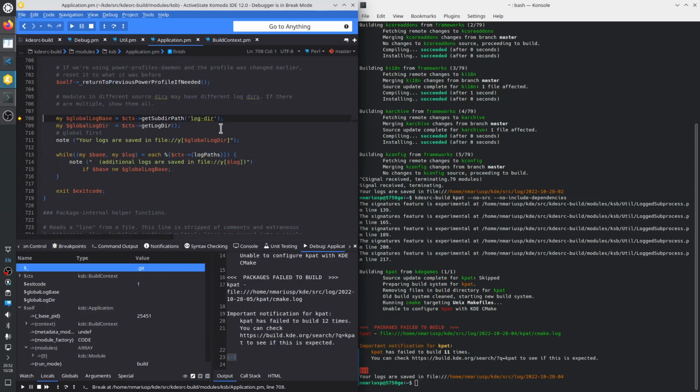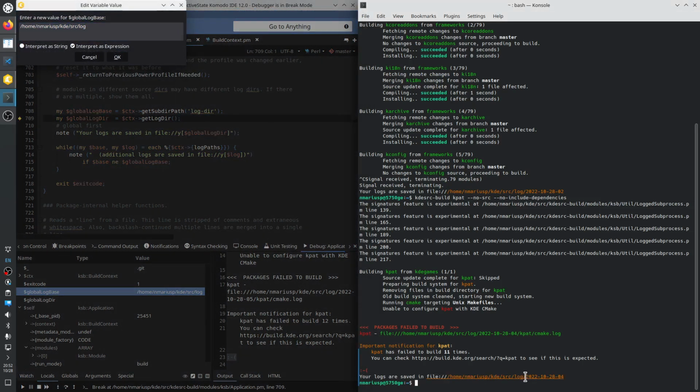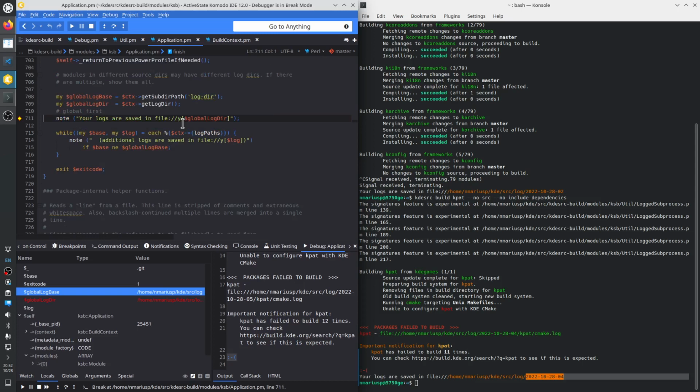Okay, so now it computes the name of the file, so this thing to be printed. Global logs base, which is the log directory, so until here. And then it needs this datetime timestamp. Okay, and it's going to write your logs are saved in file: this thing,